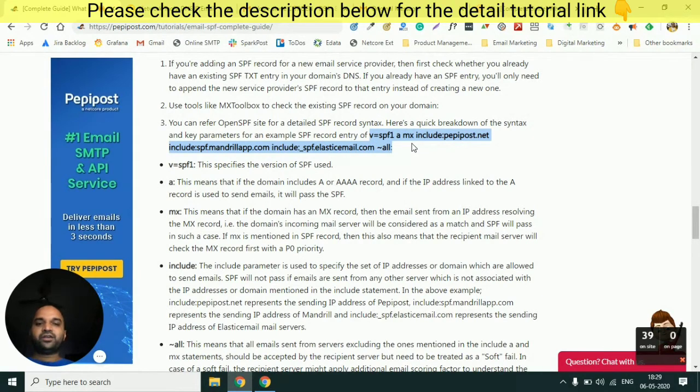When you subscribe to any email service provider, and if they have support for SPF, like PeppyPost has, they will give you a record which will look something like this to be inserted in your DNS. Now what you need to do is copy that record and first check whether you already have an SPF in your DNS or not.